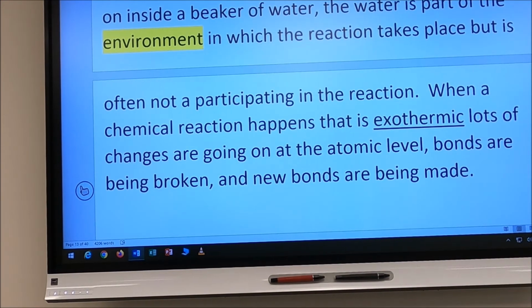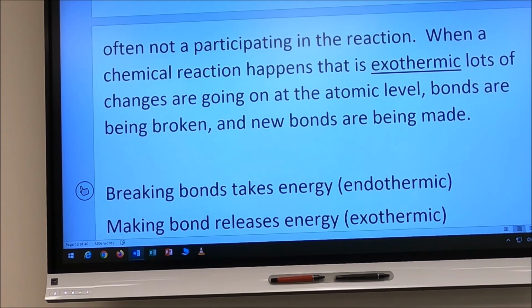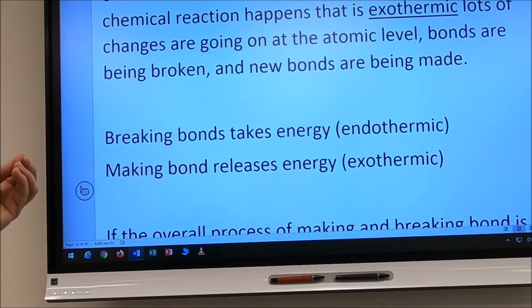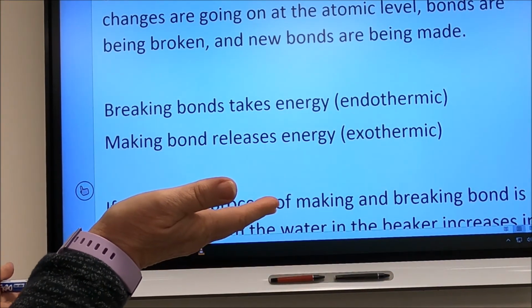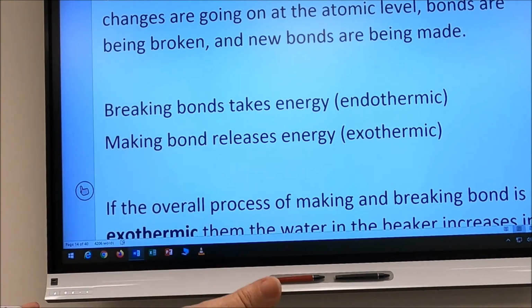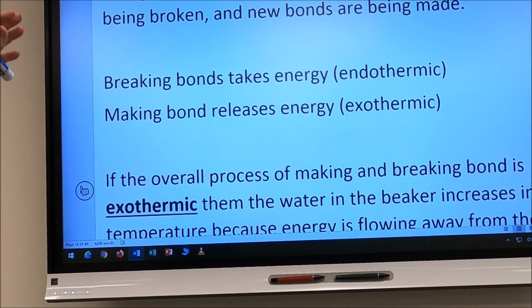So, at the chemical level, at the atomic level, bonds are being broken and bonds are being made when a chemical reaction is happening. Okay? When new bonds are made, energy is released. It's exothermic. When old bonds are broken, it's endothermic. So when you're making and breaking bonds, if you make stronger, better bonds than you had in the beginning, you're going to end up with an overall exothermic process. If it takes more energy to break bonds than you get when new bonds are formed, you get an overall